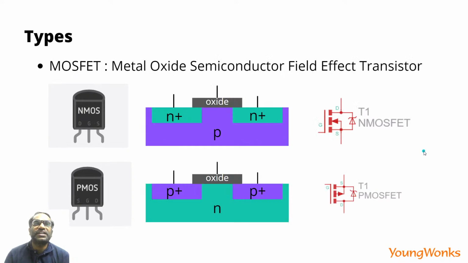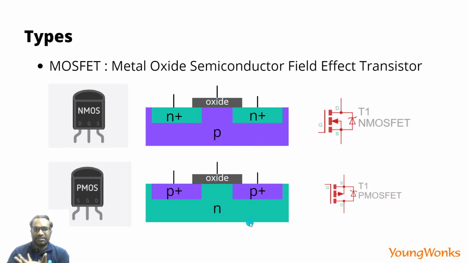Now, the second type of semiconductor transistors that we can see are called metal oxide semiconductor field effect transistors. They are MOSFETs and sometimes just referred to in short as FETs or field effect transistors. They also work on similar principles, but the way that they are designed, and you can see that over here,